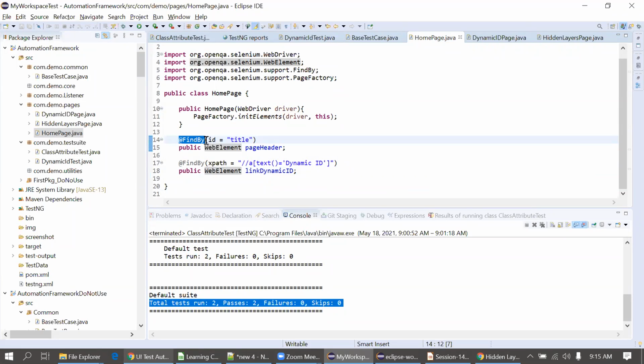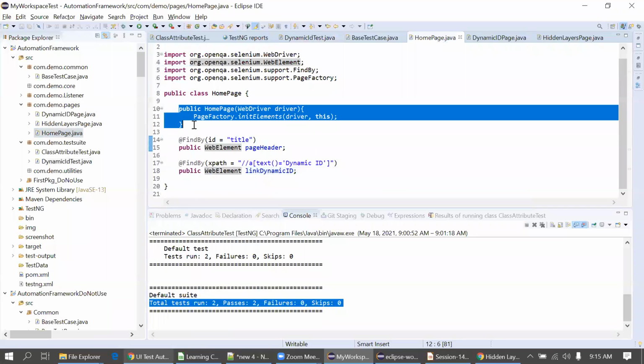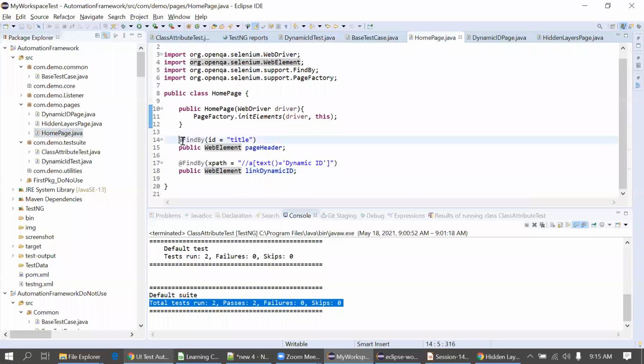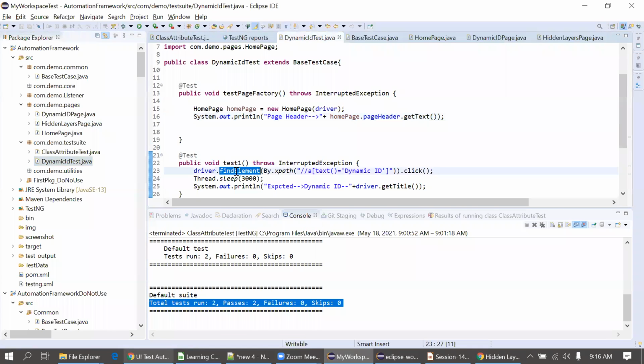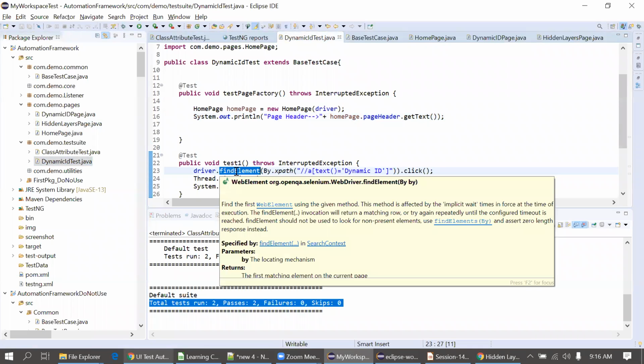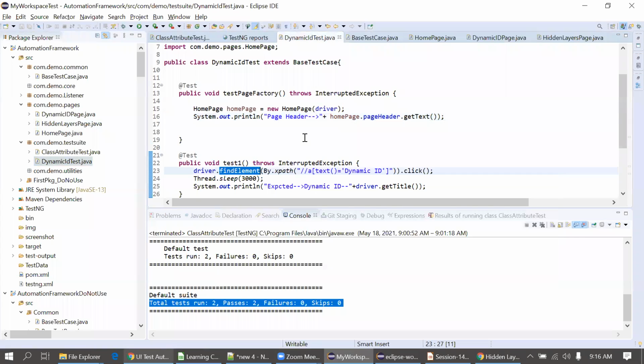By default, the use of this page factory is that whenever we are calling this, it will simply initiate all the objects with the find element. So we can directly call this page header link dynamic ID, and we can directly use it in our test cases. We don't have to use this find element method explicitly. Okay, that is a benefit of the page factory again.